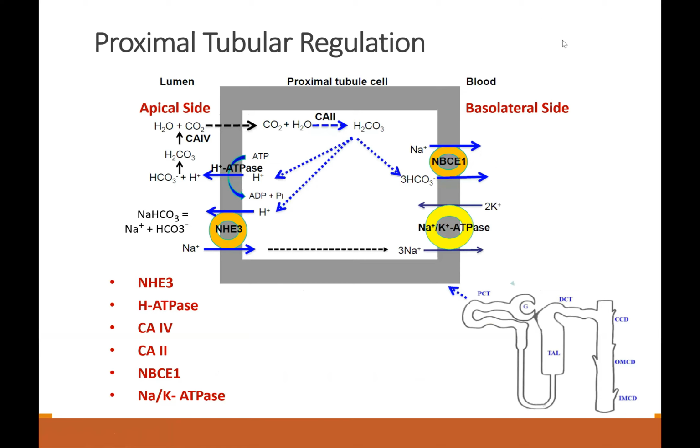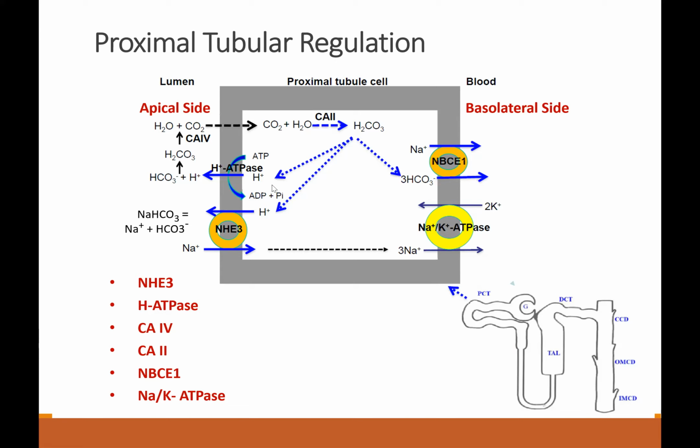Okay, so there is a proximal tubule and the distal tubule. The mechanisms in the proximal tubule are quite different from the mechanisms in the distal tubule. Likewise, the pathological involvement of the proximal tubular apparatus can lead to a different type of RTA compared to the distal tubular. So we have a proximal tubular RTA and we have a distal tubular RTA. We require to know that.